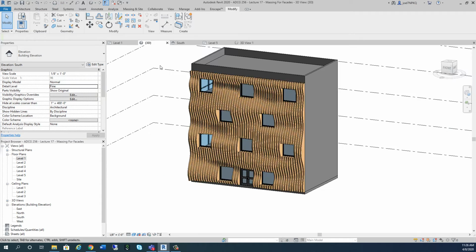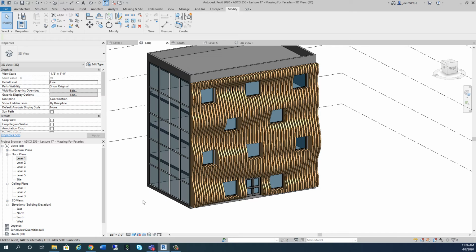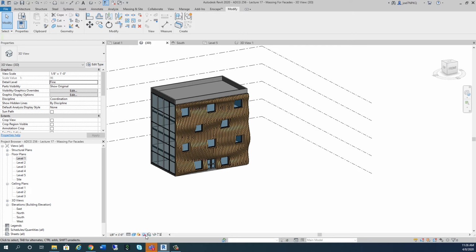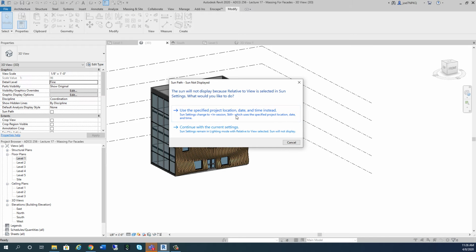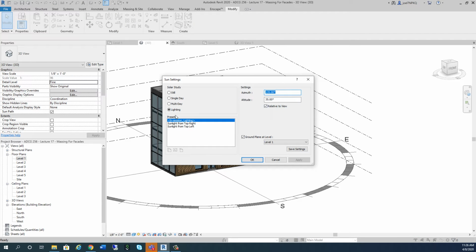But then you're going to do your own same sort of facade on this side, because that's a west elevation. And on this west elevation, boy, we do not want a lot of sunlight. Well, what do I mean? Well, if I come in here and turn the sun path on, and I'll just use current settings, you know, or let me go in here and say sun path on and go to settings,